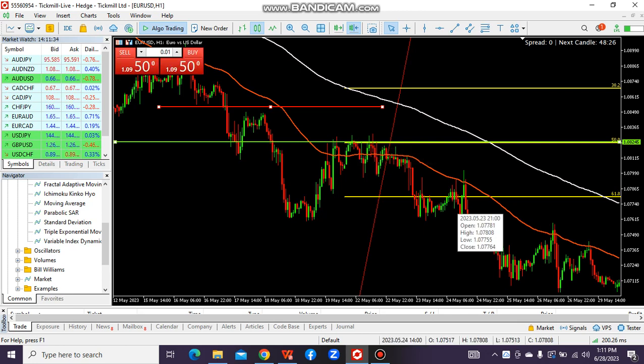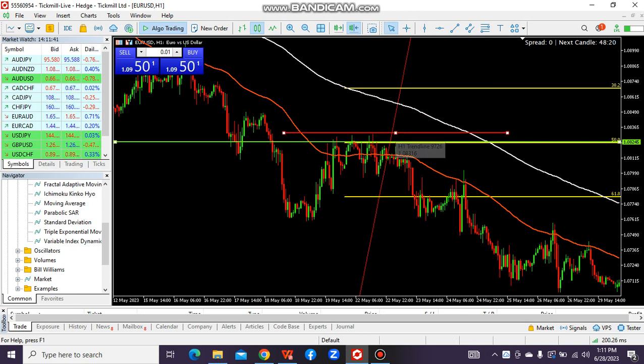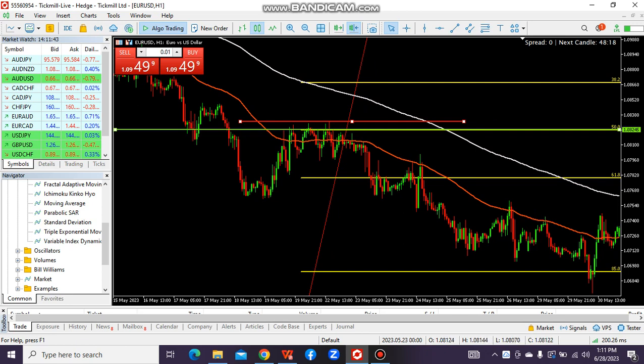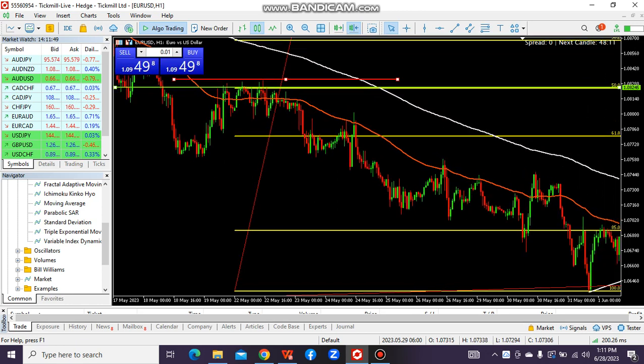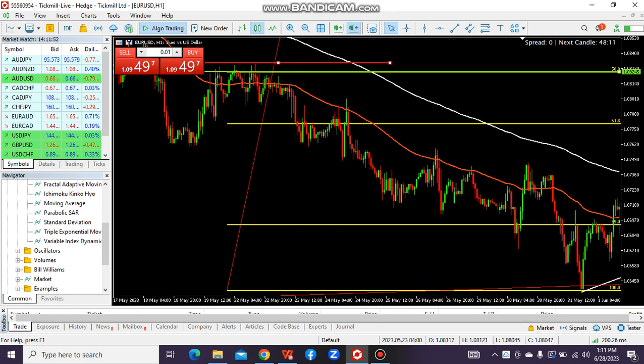So I saw it coming down, and there it broke this recent low here. So to me, this was a beautiful break of structure. So that was the next point where I could move it to. There we had a break of structure of this one over here. We had the break of structure, up there, break of structure. So I moved my